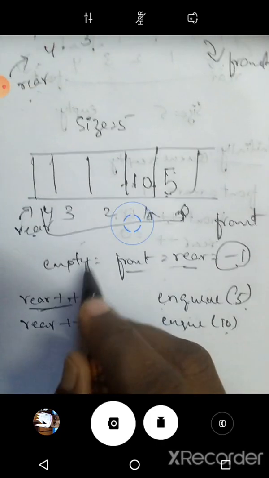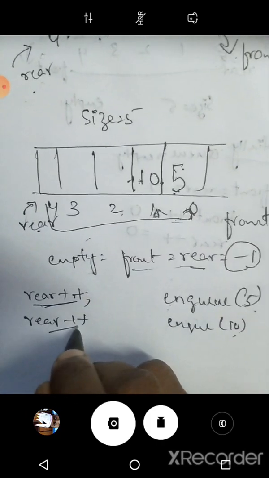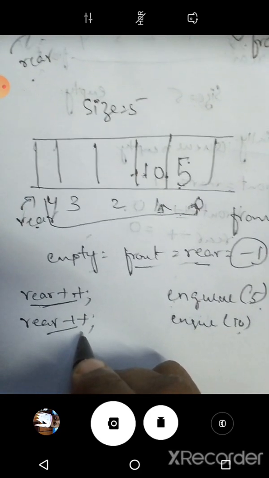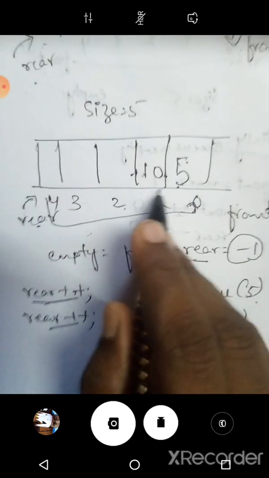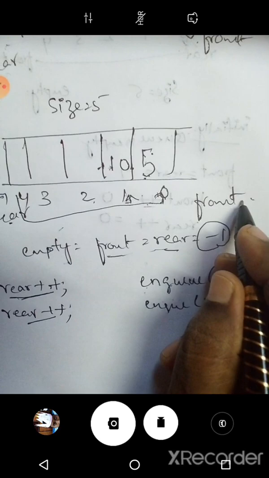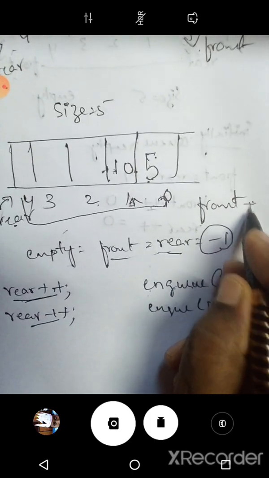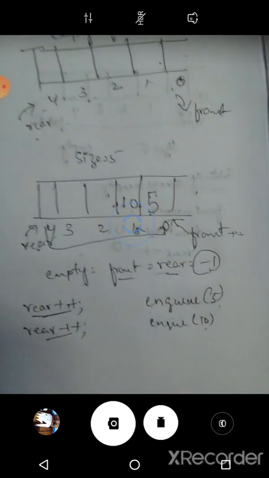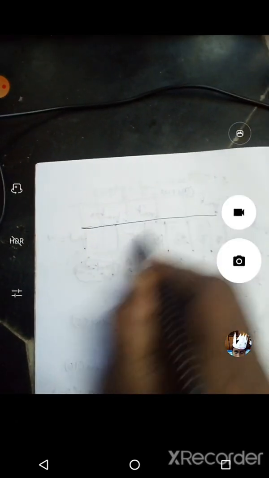Suppose I want to insert one more element. Every time for insertion we increment the rear. From the rear end we can insert all the elements. Where is the front? The front is at -1. Sometimes we also have to do front plus plus, because it will point to the starting value. Like that we can insert all the elements. I have taken 5 positions here, and all 5 have been filled. So all the elements have been inserted here.